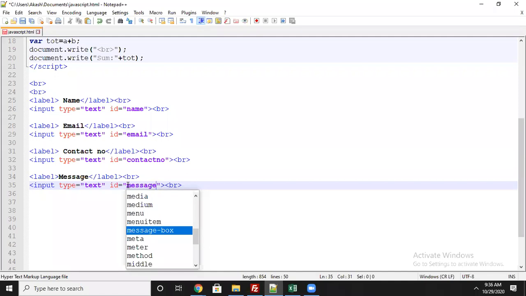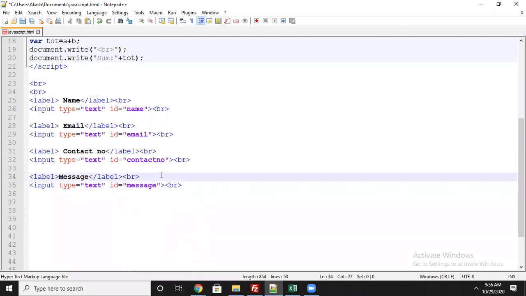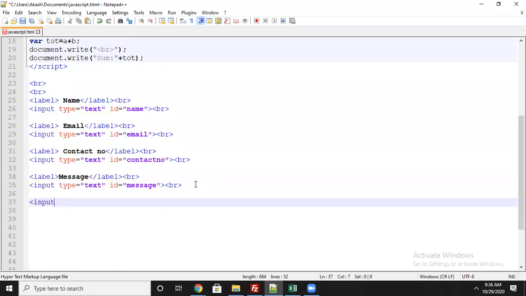This means I have developed one form right now. This form we use for the next input purpose and for designing. I will take the last input type equal to button, because after that the user has to click on it, and I will specify the value as submit.